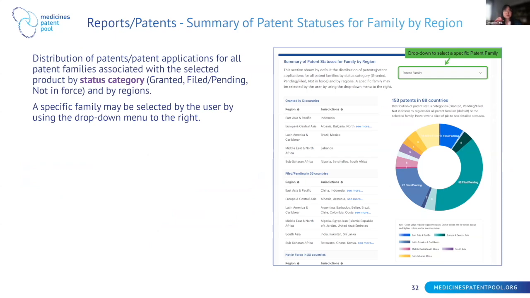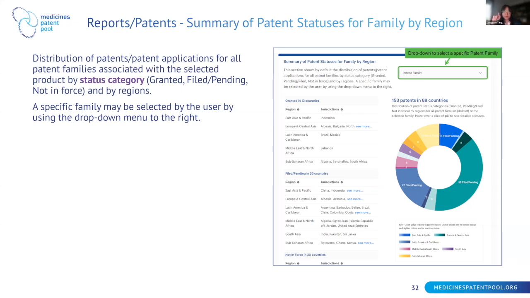If you scroll down from the interactive map, you will see the summary of patent status for family by region with the donut chart. This part shows you the distribution of patents or patent applications for all patent families associated with the product you select, by different status category and also by region. And if you want to see one specific patent family, you can make your selection